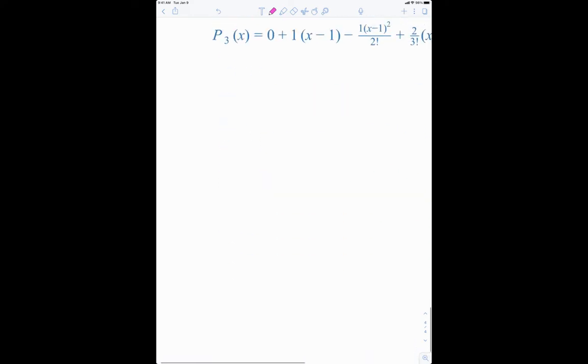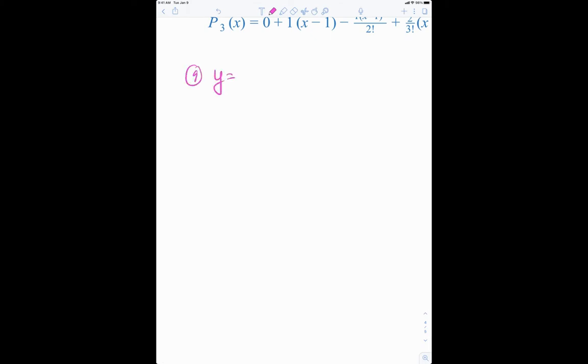It's going to say something like this. So first of all, it's going to be broken up into a couple parts. So they're going to start. So here's an example. This is actually number 9 in our book, but it's not one of the ones I assigned. So it's the square root of x, and they're going to say c equals 4, n equals 3, and it's going to say find